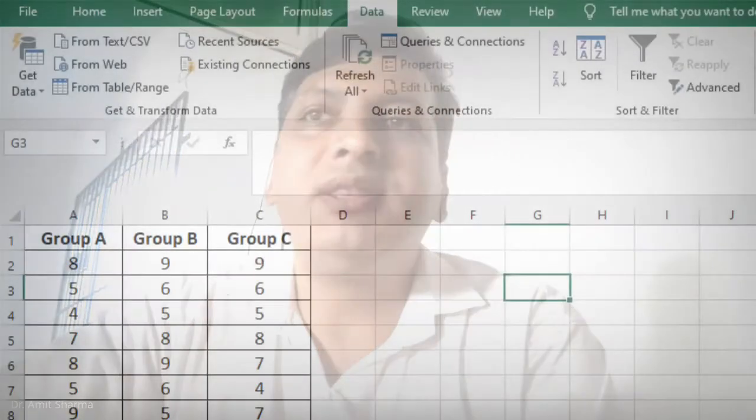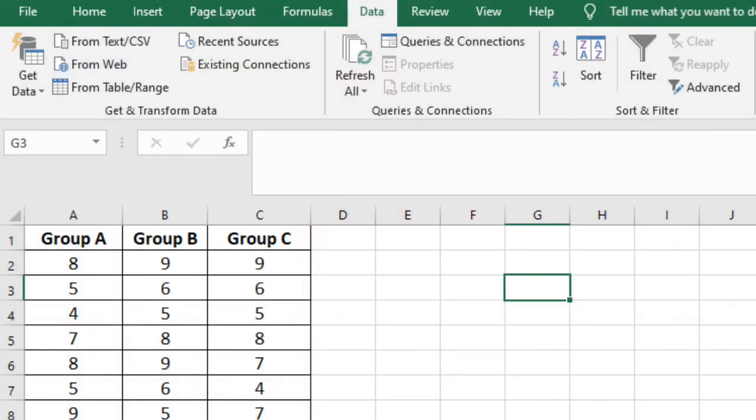By using this Data Analysis pack, you can apply all the major statistical tests. What you have to remember and follow is how the data will be entered in the sheet. For example, if you want to apply the student t-test, you require only one group. If you want to apply the independent t-test, then you require two groups. If you want to apply one-way ANOVA, then you require three groups. And if you want to go for two-way ANOVA, then one more factor will be there.